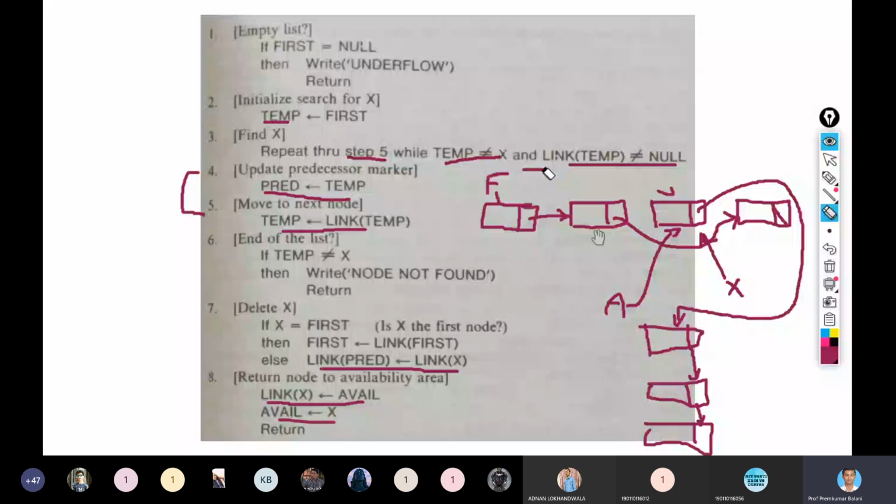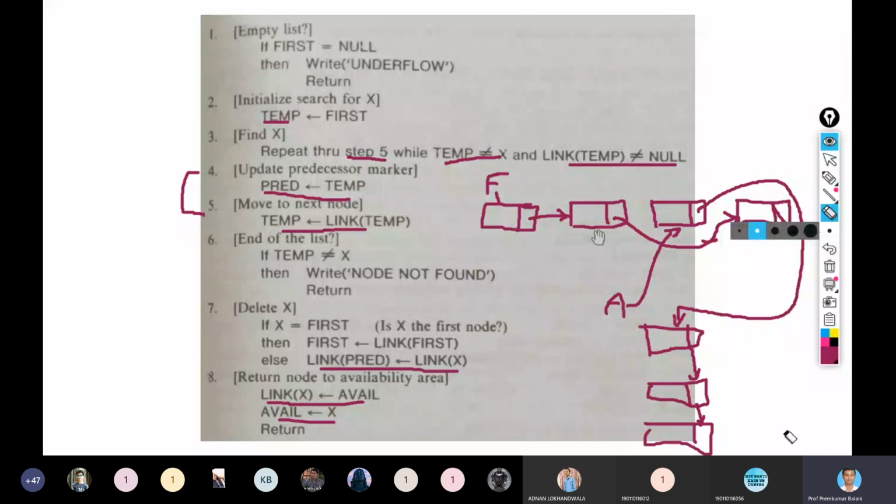Let me remove this link of x also so that it becomes clearer. So see, now this availability stack has the node which is free, as a part of this availability stack. The availability stack is pointing to the node, and my new linked list is this. Okay. Have you got this?